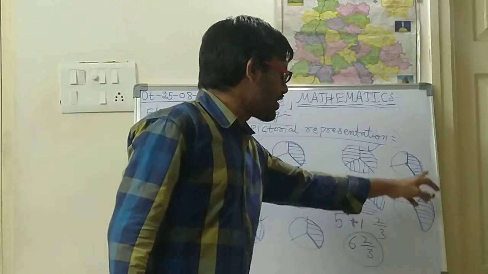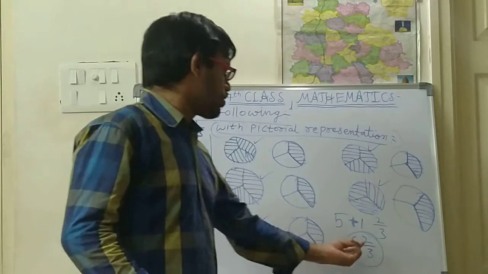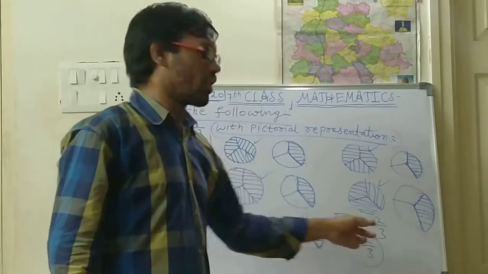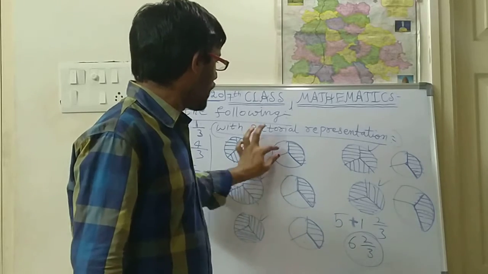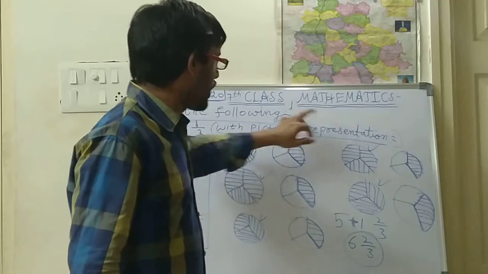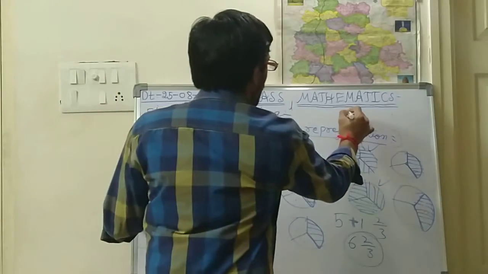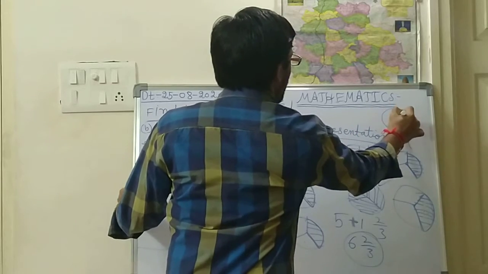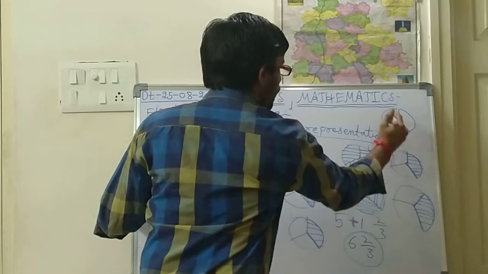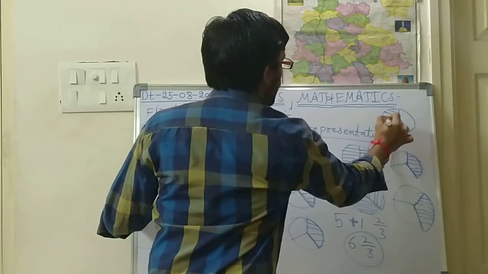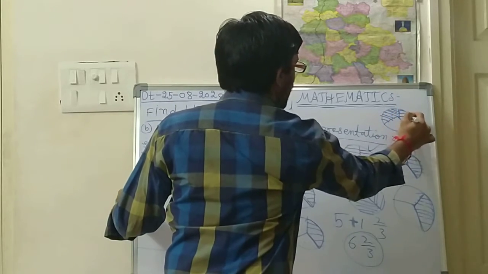Why? So 2 unshaded parts are left over. So in each circle how many parts should you draw? You should draw only 3 parts. Okay. So whatever the remaining unshaded parts are there, if you take one unshaded part, these 2 will become shaded parts. So like this. In one unshaded part there are 3, so the remaining 2 are left over. These 2 will be coming here. So here one part and this part will be coming here. Is it right?